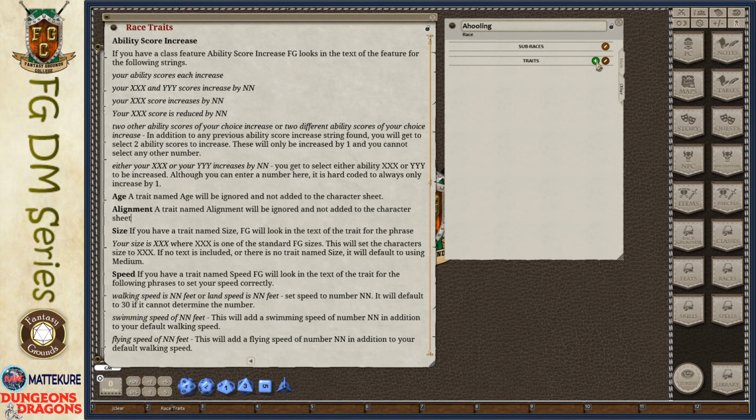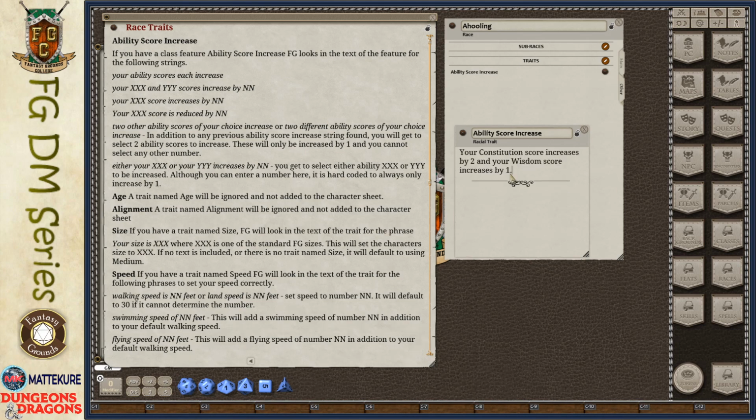This is one of those traits that Fantasy Grounds attempts to understand. So you can see here there are a variety of different strings or phrases that you can use. The phrases used for race are not the same as the phrases used for feats, so make sure you're using the appropriate one.